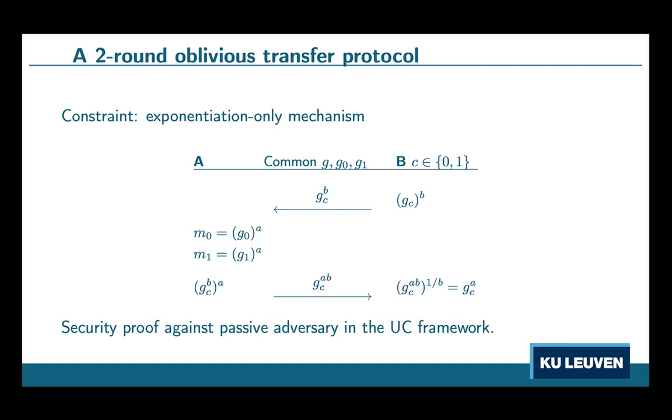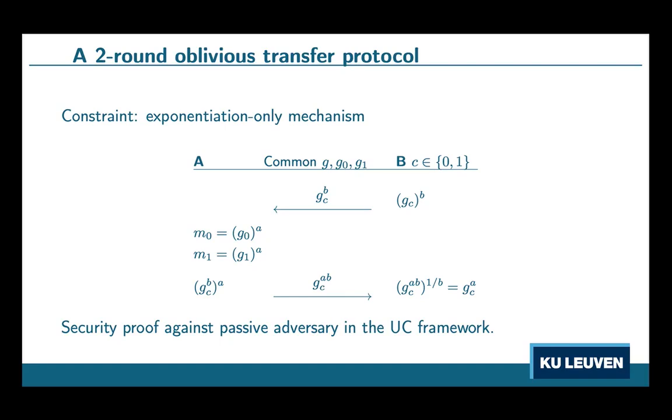So this is where the discrete log notation is kind of appropriate, as long as we only use exponentiation operations. So we cannot multiply group elements together. To go over the protocol, Alice and Bob have 3 elements in common: a generator G for the group, or a single representative, as well as 2 randomly chosen ones,